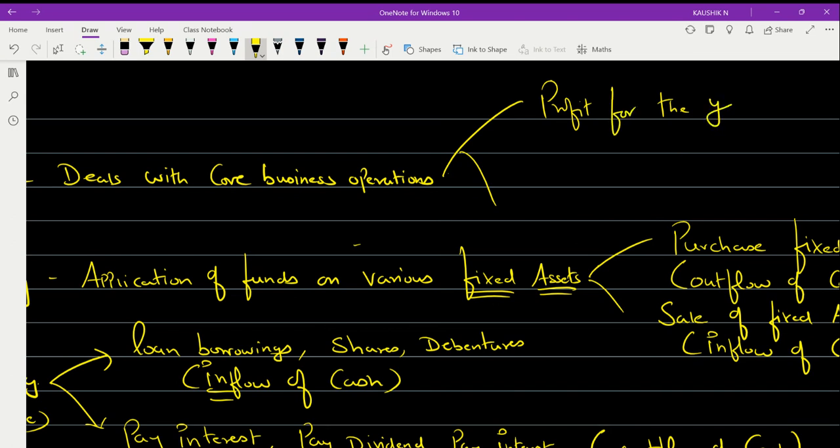So profit for the year, and then you will be facing some concepts like depreciation, which you have to pay, or rent you have to pay, or operating expenses, or the amount that you have to allocate from the earned profit in the way of reserves. So profit for the year is inflow, and other here you see,